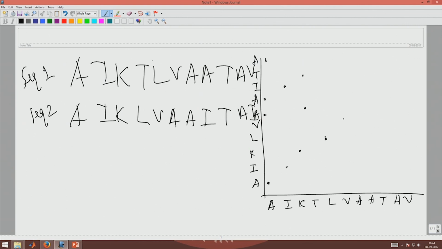V is here, then A again here, there is one A here, another A here, another A here, right. Then this A the same here, here, here, here, then T here, this A here, here, here, here, then V, one V is here,